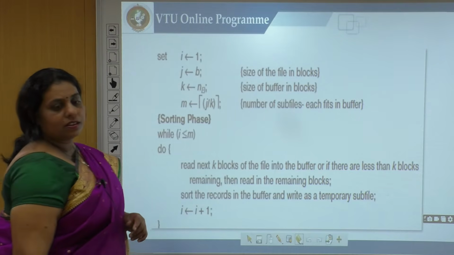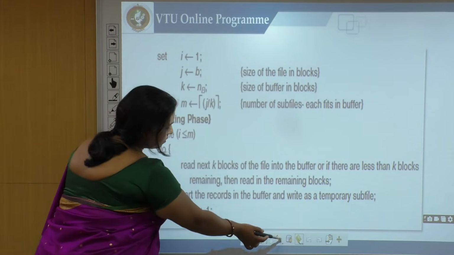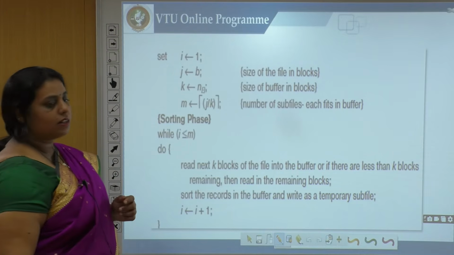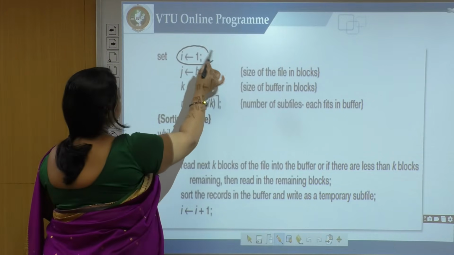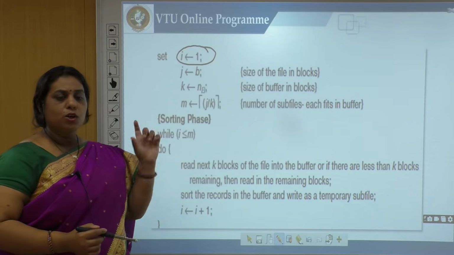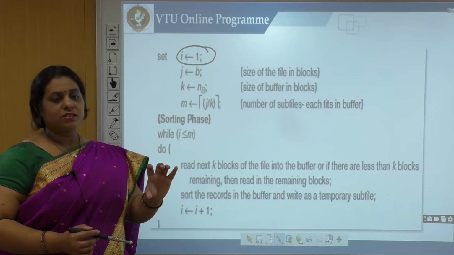So, let us learn it with the algorithm here. We are initializing a counter, and what variables do we require? The file size to be sorted and the buffer size that is available.